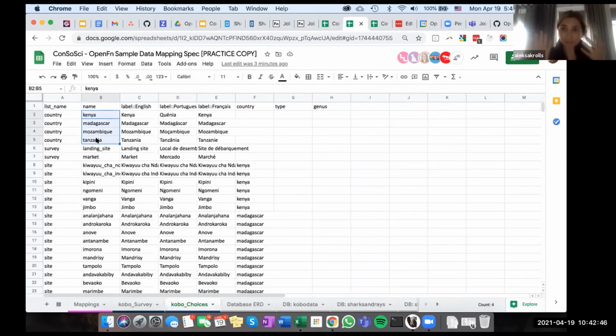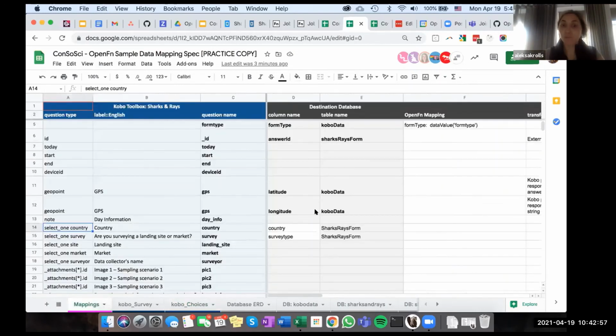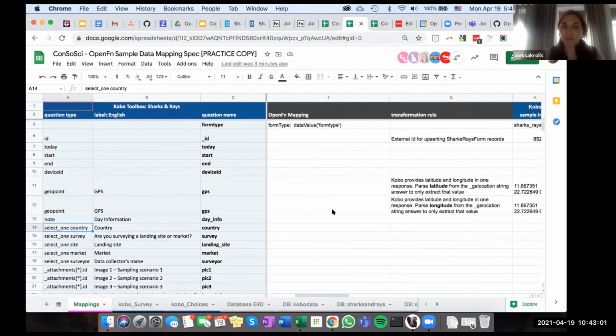But let's say in my database, I wasn't capturing country names, I was capturing country codes. In my mapping, I might want to transform these country names into different country codes. So for country, I might say, if country is Kenya, I want to return, Rita,